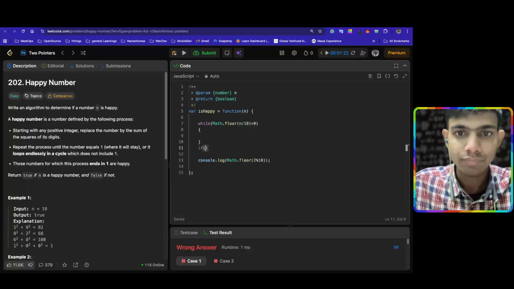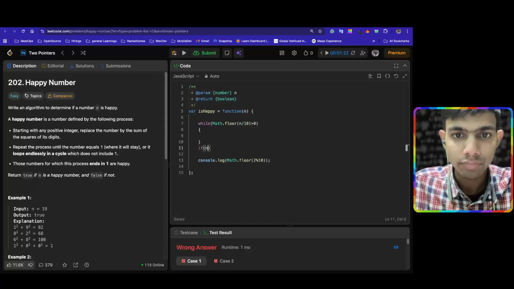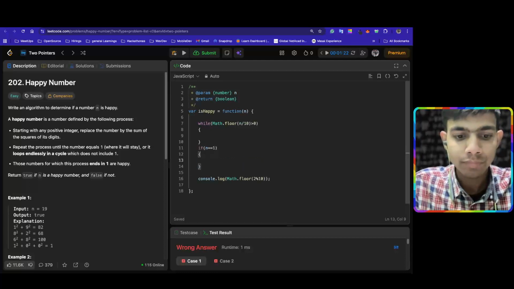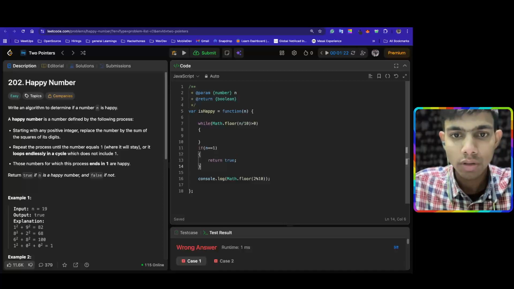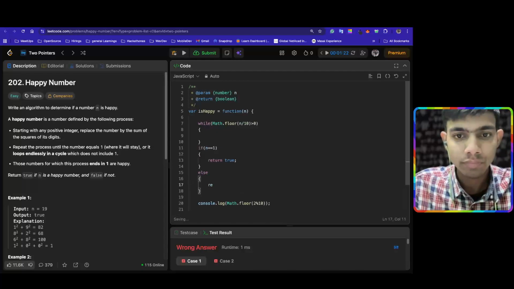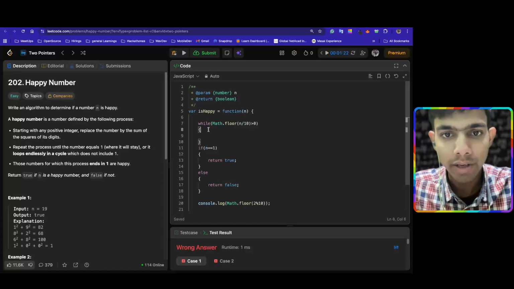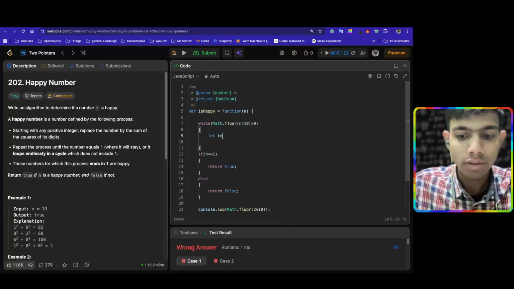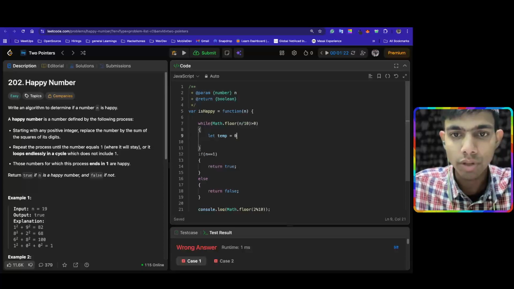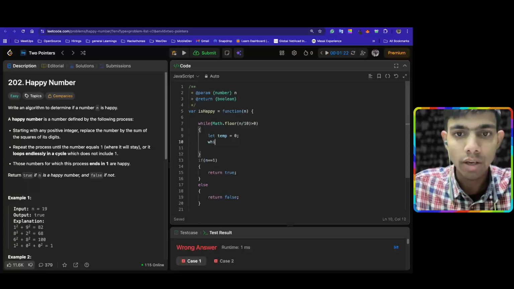Otherwise, check if n is equal to 1, return true, else return false. And here we can say let temp is equal to 0, while n